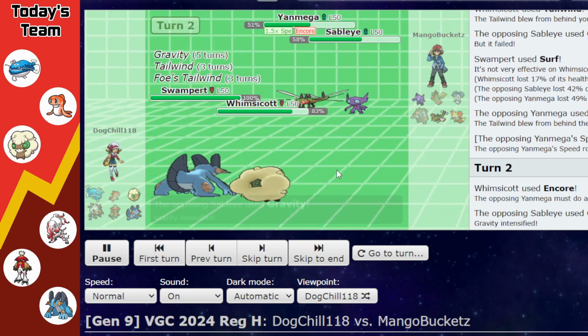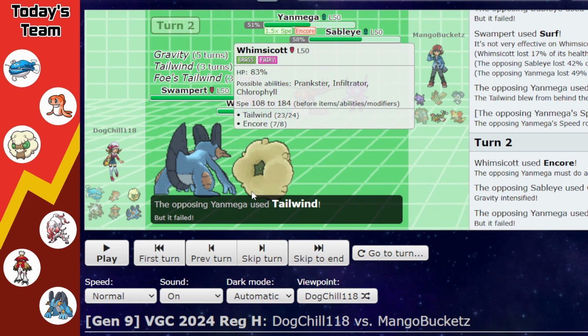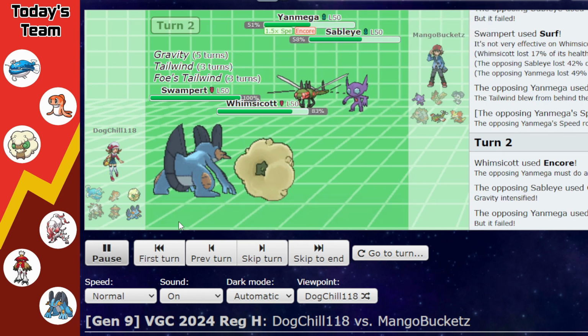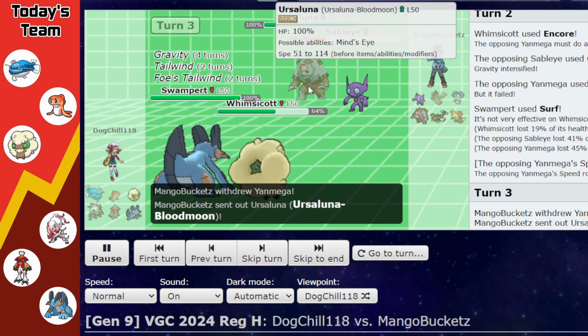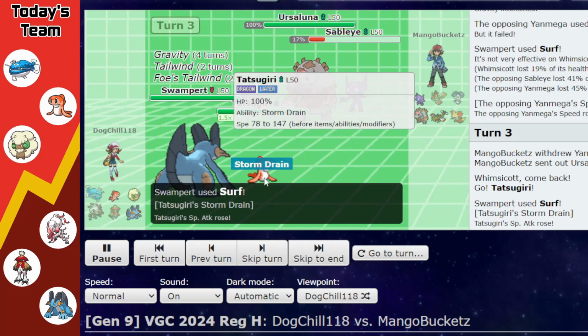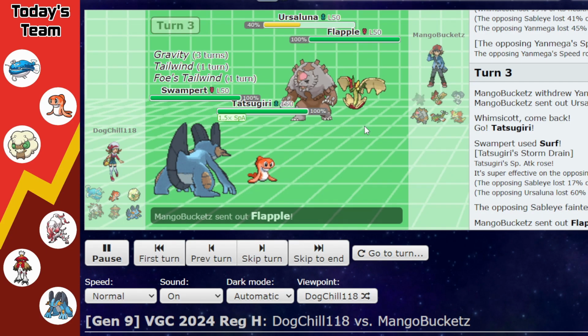Encore the Whimsicott here. I wasn't afraid of the Sableye taunting into Whimsicott on that turn, because Whimsicott is faster and we both have Tailwind up. But Sableye does in fact go for the Gravity here as we Surf again, and we get both opponents within range of another Surf, and they decide to swap in their Ursaluna here, but we swap in our Tatsugiri in order for Tatsugiri to get the special attack boost, and we deal good damage into the Ursaluna as they bring